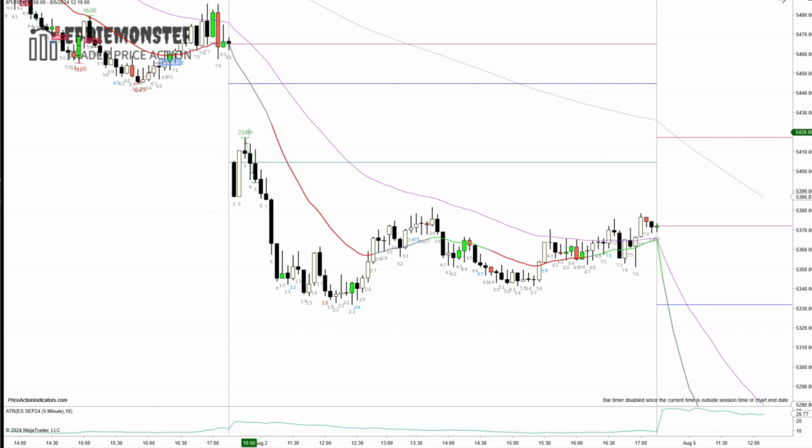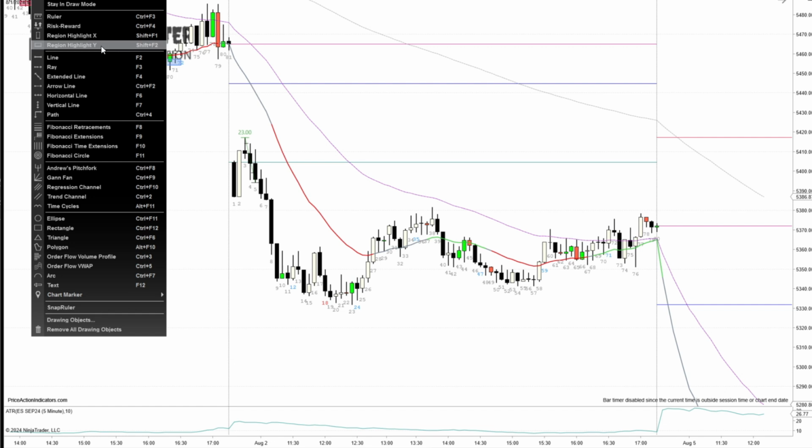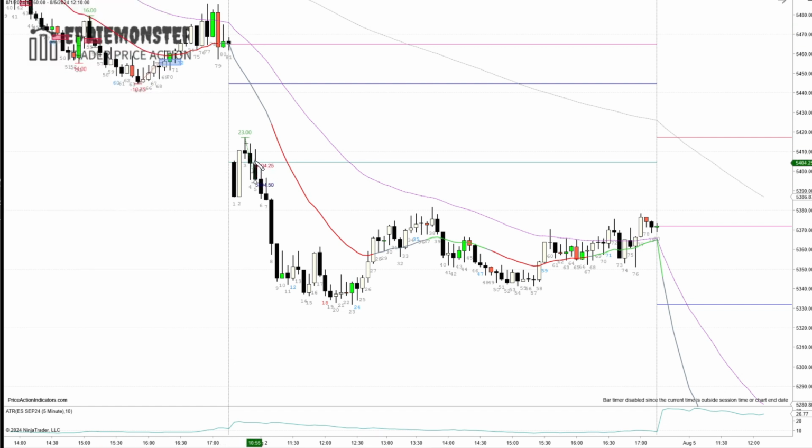Or you can assume that this is a high probability trade and then assume this risk with your same financial risk, basically that. For example, my financial risk is 10 points, so if I enter there, I'll assume I'll take this high probability trade and just put my stop 10 points away, something like that.